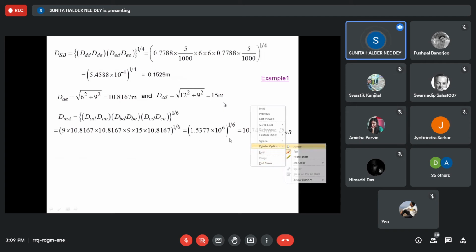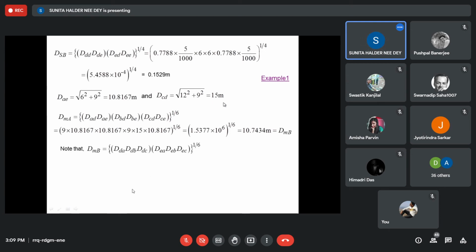So just DMA we can write equal to DMB. But you should practice in this way: when you write DMA, do not just write DMA equal to DMB, because in a three-phase transmission line it may change. So always find DMA, then think whether DMA will be equal to DMB or not. Then you write equal to DMB, not before that, because it cannot be ensured every time. In a three-phase line, it may change.